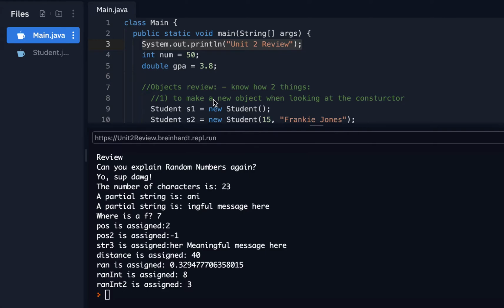Reinhardt here. I want to walk you through what is going to be on the exam and what you need to know before the Unit 2 exam. So here we go. I have some code I want to show you. And I guess what's most important is what you do not need to know, just what to focus on before